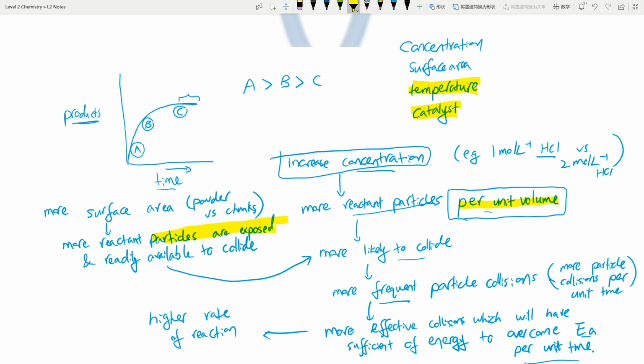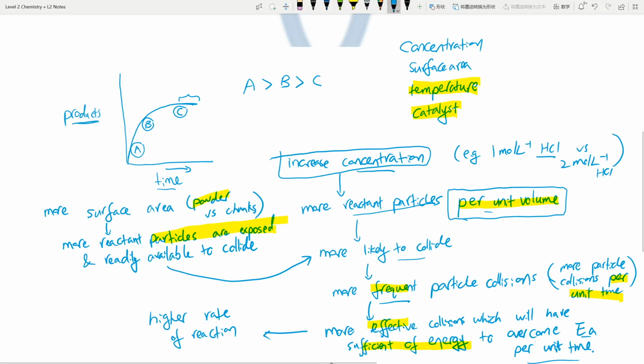Now, the key thing that you want to avoid, because we're really picky on the wording: the particles' surface area is different, but the size of the particles doesn't change. It just means that with a greater surface area in the form of powder, you have more things exposed and they can collide and bump into each other. Then you have all of the following things. You have more frequent particle collision, more particle collision per unit time. So you get more effective collisions that will have sufficient amount of energy,